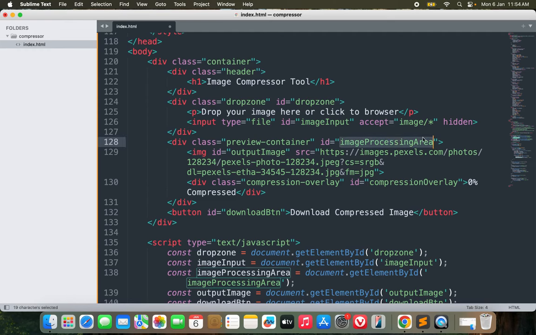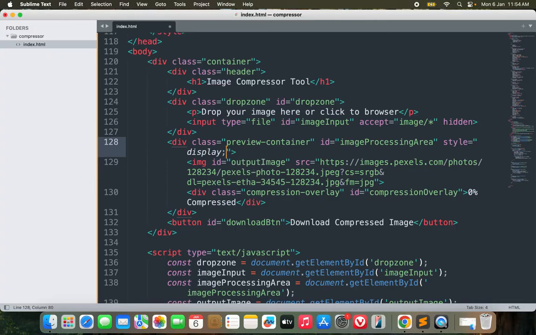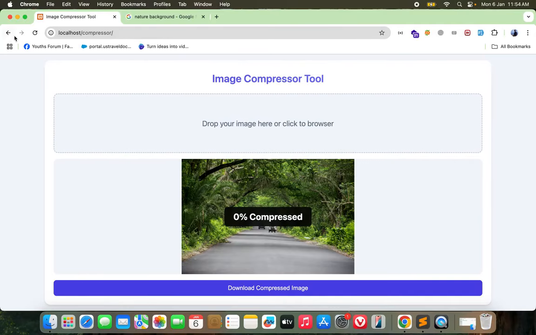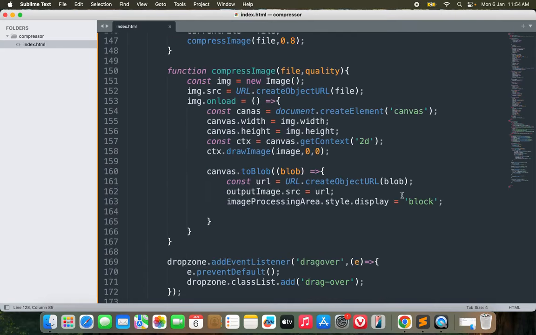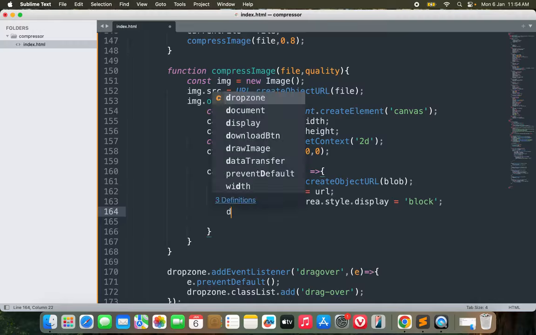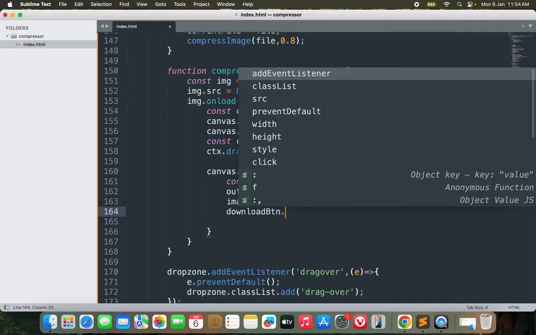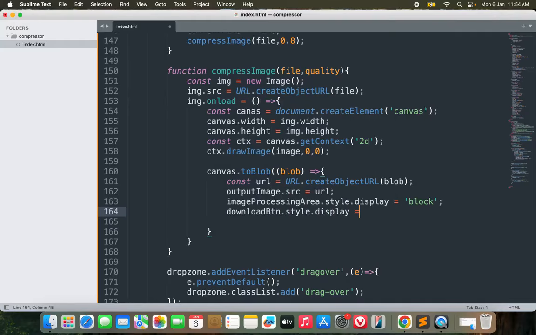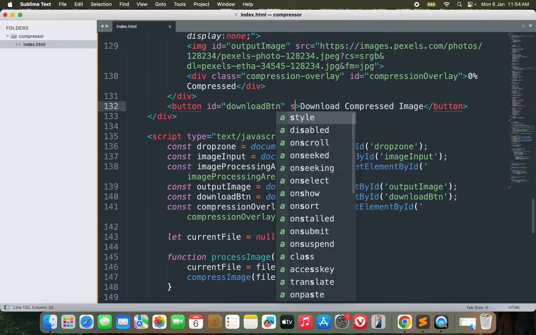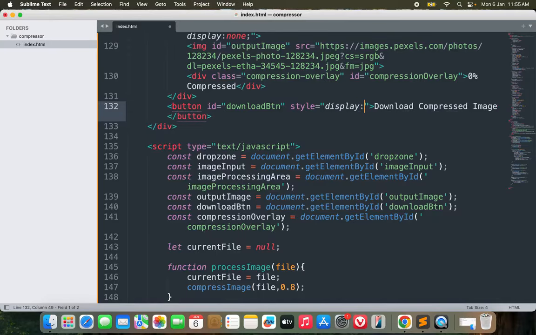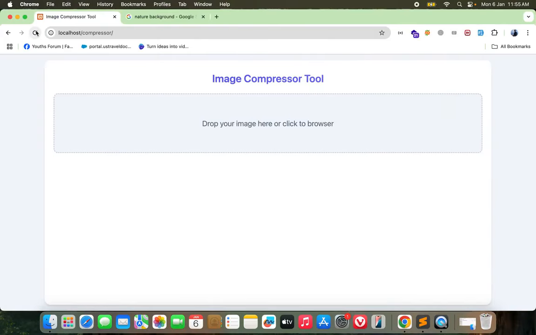Here it is, right? Okay, I need to make it display none by default, display none, so that I can't see it at first. Okay, now only it will be shown. Then downloadButton.style.display equals block. It means I need to hide this one also, style display none. Okay,